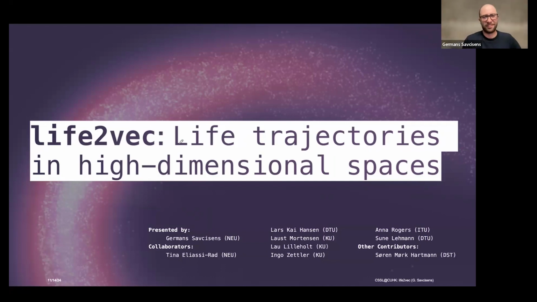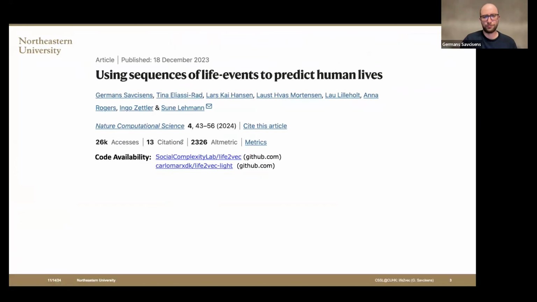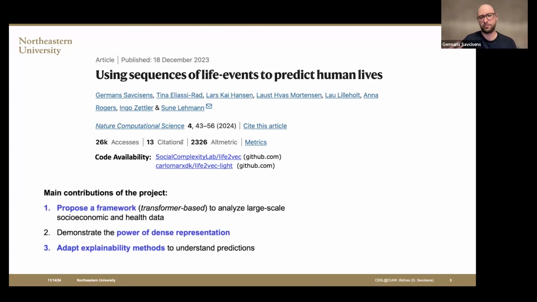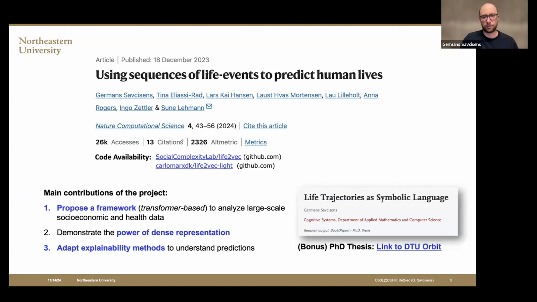Thank you very much for the invitation to give a talk. Today I'm going to talk about the life2vec project, which was published in Nature Computational Science around a year ago. In that work, we proposed a new way to analyze large-scale socioeconomic and health data. We demonstrated how we can do that with the transformer architecture, how we can harness the power of dense representations, and how we can interpret the results of these transformer-based models to get insight into what happens in the population. The bonus to this paper is also a PhD thesis that was released around 3 months ago, and you can also find it online. Here's the name in case you are interested. It's a more expanded version